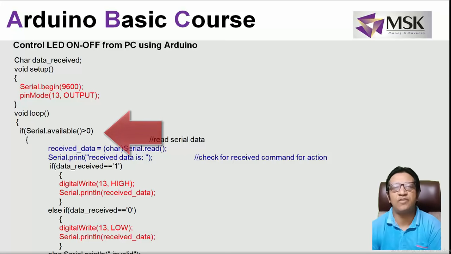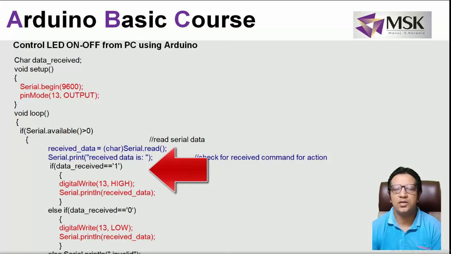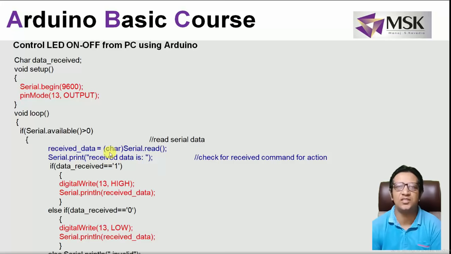Now if you see the previous programs, in those I read the data with Serial.read and transferred the data but did not convert it. But this Serial.read function returns the data as an integer, so I have to convert that into a character. So I'm doing typecasting with the help of char. That is what is called typecasting. Whatever serial data I'm getting from the PC, I'm converting into a character and storing in the data received variable. Then I'll check whether the data received is 1. If it is 1, I'll output high on pin number 13 and give some delay, or I can even transfer this data back to the serial port.